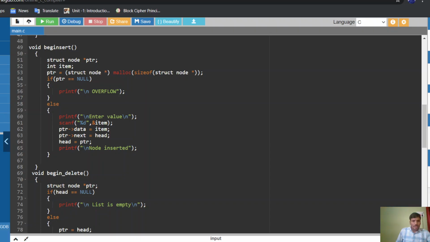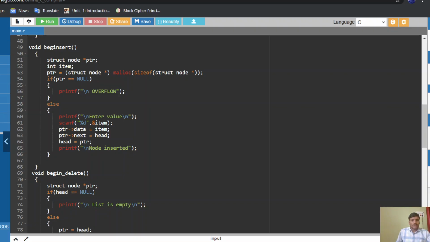So here I am declaring one pointer and one item. Item is the user entered data value, and here there is dynamic memory allocation to the node using the malloc function. After allocating the memory to the pointer, it is compared to null for handling exceptions. So if memory is full, then overflow, otherwise enter the value. The user enters the value item, which is copied to the node data part, and head is pointed to the next pointer.